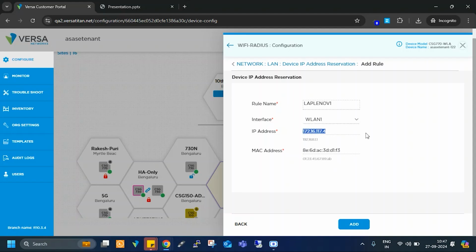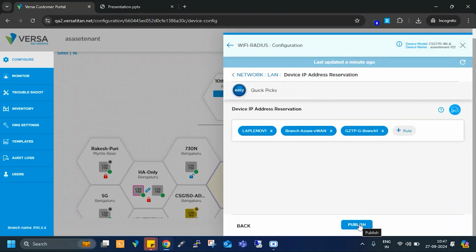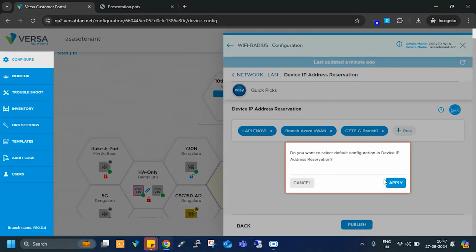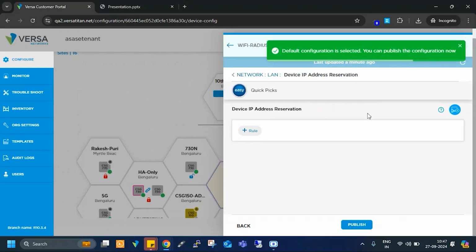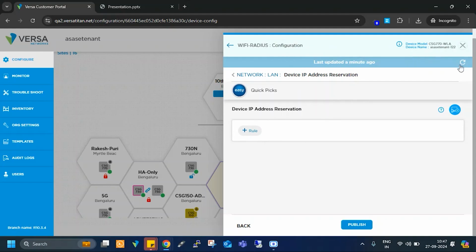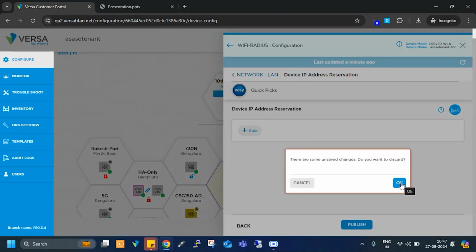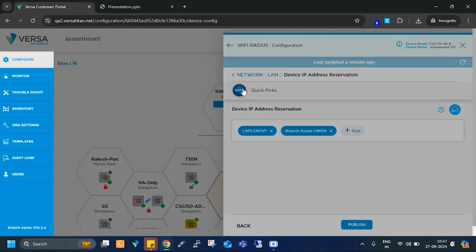You can publish the rule or use the easy quick picks to reset the rules to the default configuration. You can then publish the configuration to the device. Since I did not publish this, it is telling me that there are unsaved changes. When publishing configuration changes, any existing rules on the device will be replaced, and the system will display the status